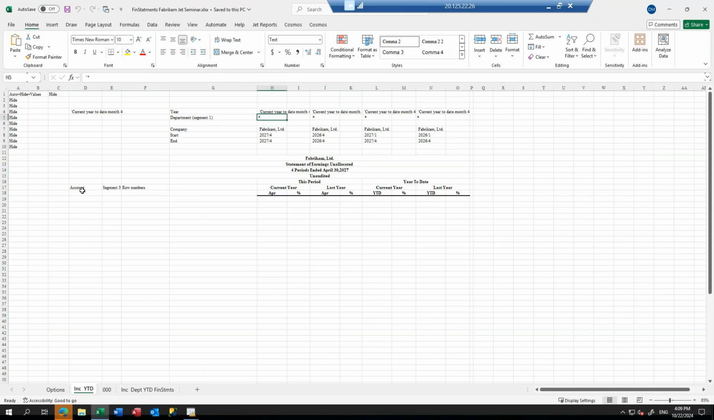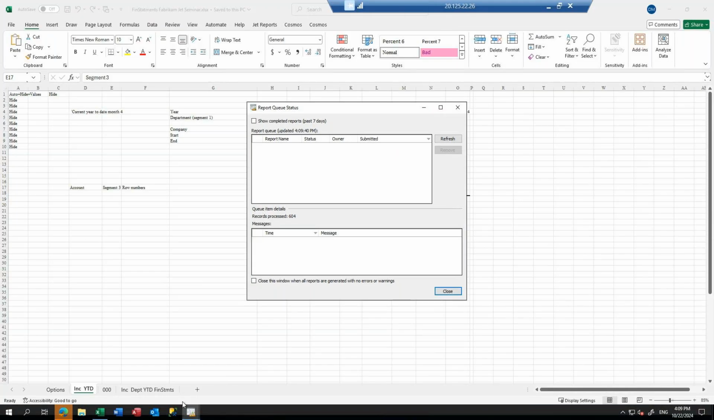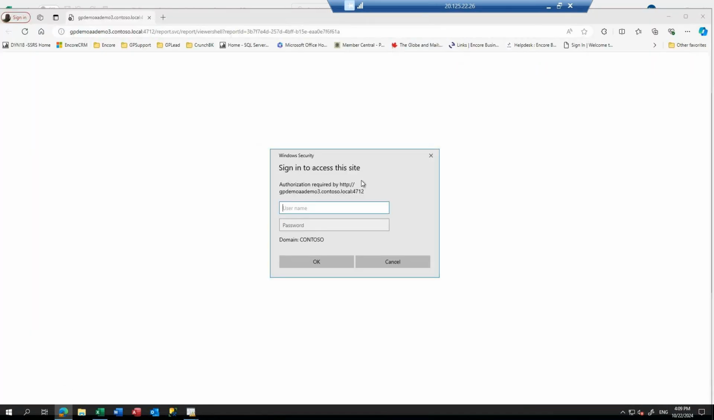And then on the right-hand side here, I have an account, and then I have segment number 3. So my department is segment number 1. So that's going to be 000, 100, 200, 300, 500, etc. So if I go back to here, and I go into my web browser here,